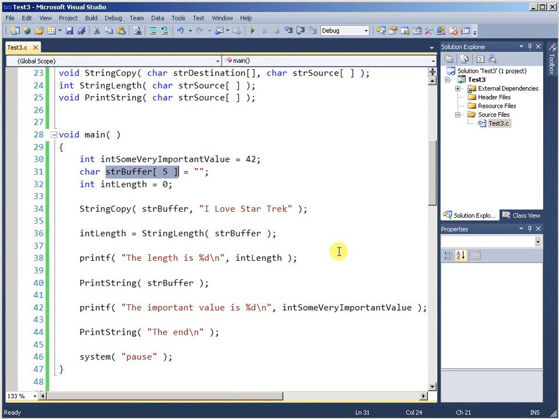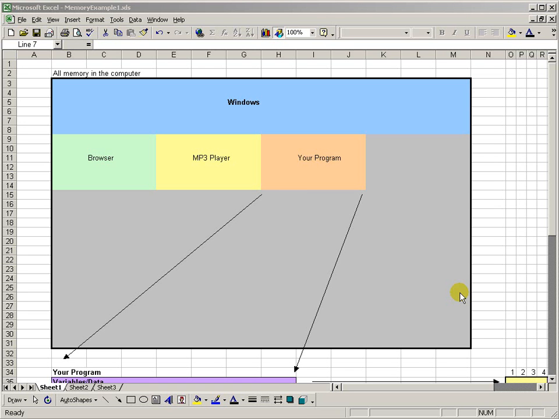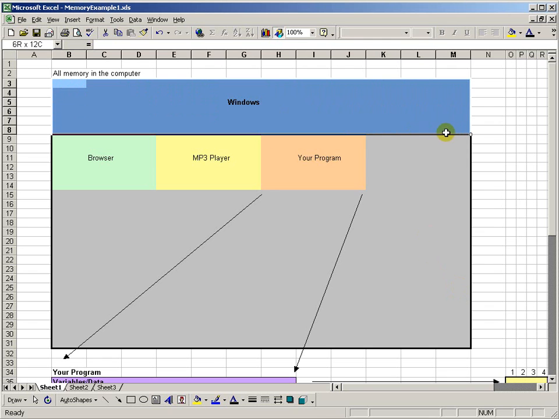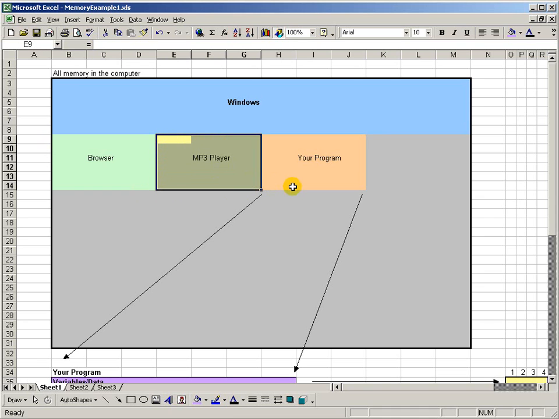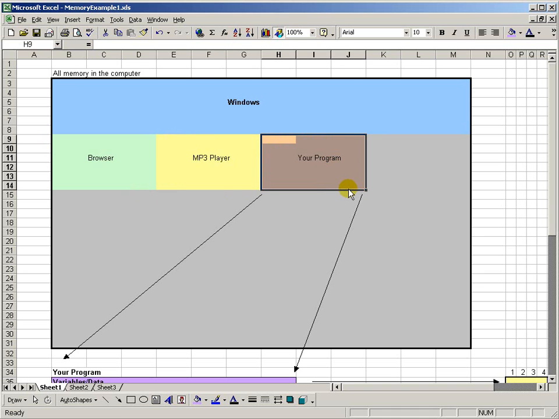So let me bring up Excel to show you what that actually looks like in memory. Imagine all the memory in your computer is like a giant grid in Excel. It's pretty close to how it works, not quite, but enough to give you a good idea of the process. When the computer starts up, Windows runs, and it grabs that first hunk of memory. It owns all of that. Nobody else can touch that. And then every time you run a program, it gobbles up another hunk of memory. So your browser takes a chunk, your MP3 player takes a chunk,